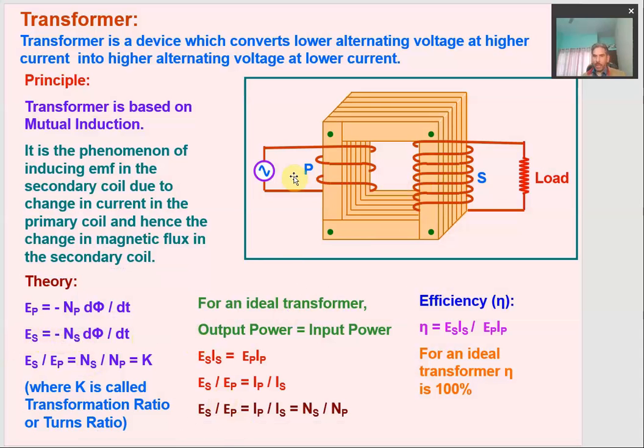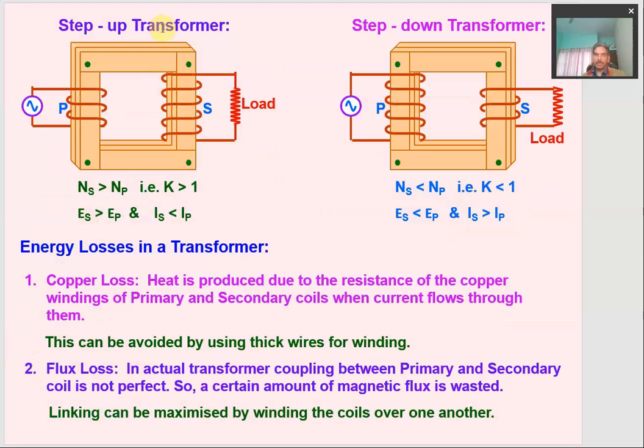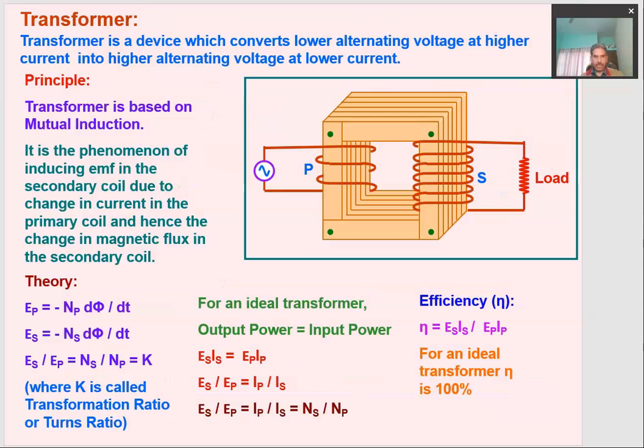So in comparison to the primary coil, if the number of turns in the secondary coil is higher, then the transformer is of the step up kind. Whenever NS is more than NP, the transformer ratio is more than 1. From there we understand that the EMF induced in the secondary coil, or the output circuit, will be more than the EMF in the primary coil, and hence the current in the secondary coil will be less, as we have just discussed according to this expression.